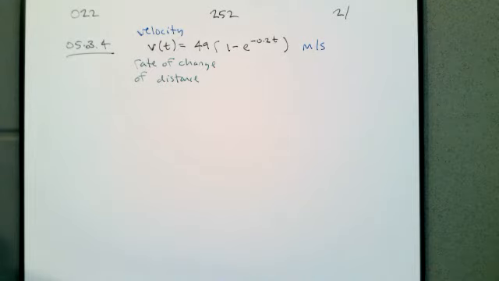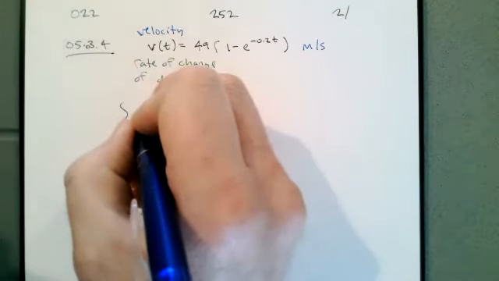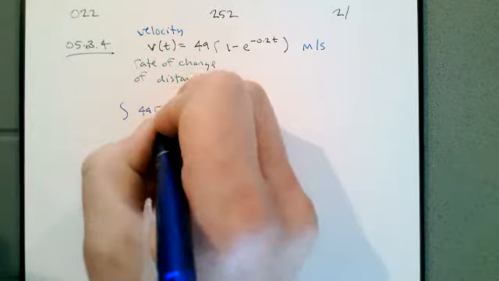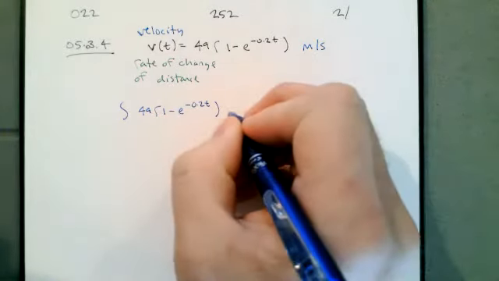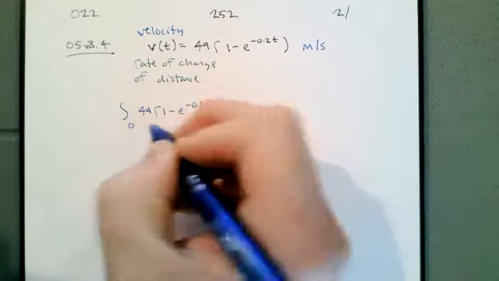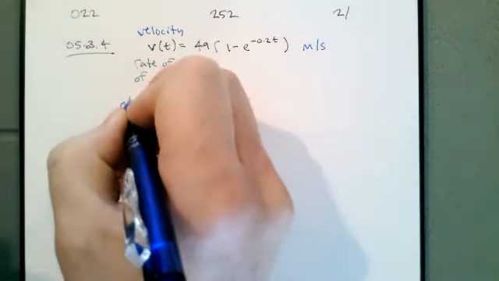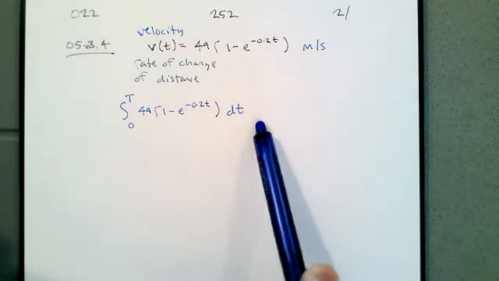We know that if we integrate the rate of change of the distance over an interval, we'll get the change in distance over that interval. So we want to integrate our velocity with respect to time, starting from the time we jump out of a plane. We'll have to assume that starts off at 0 seconds, and then we fall for capital T seconds. So the definite integral of our rate of change will be our change in distance